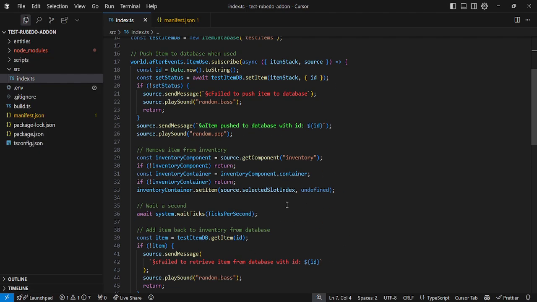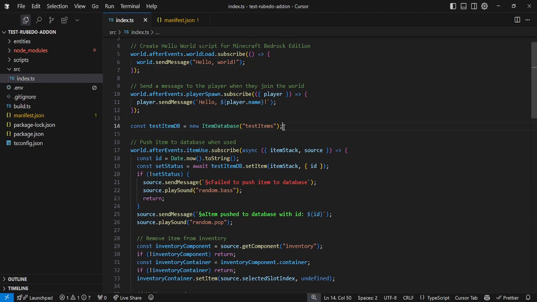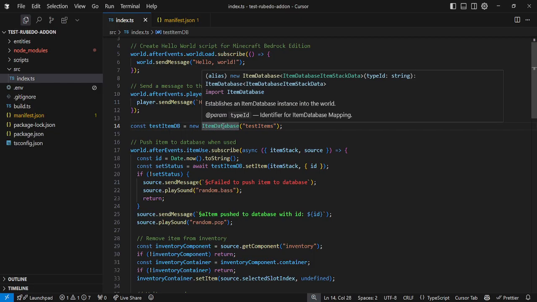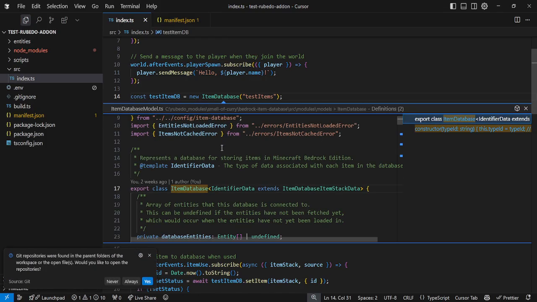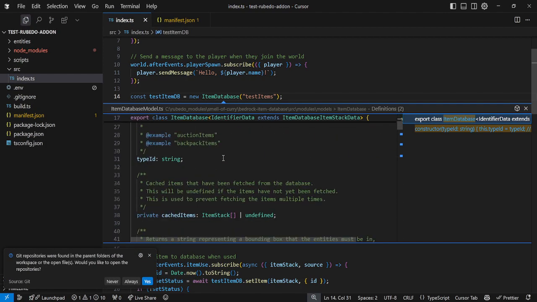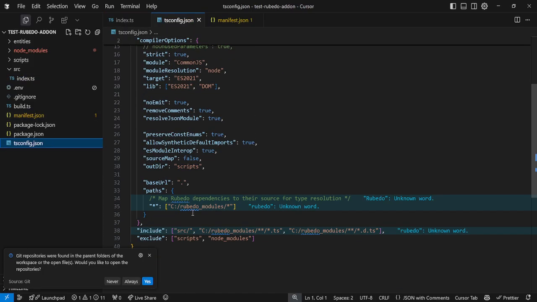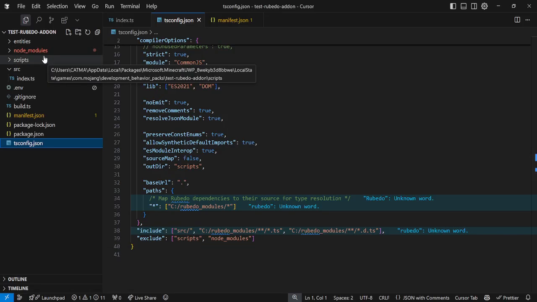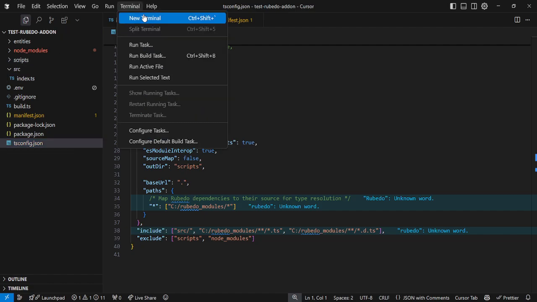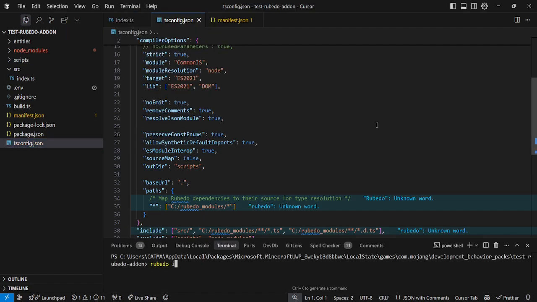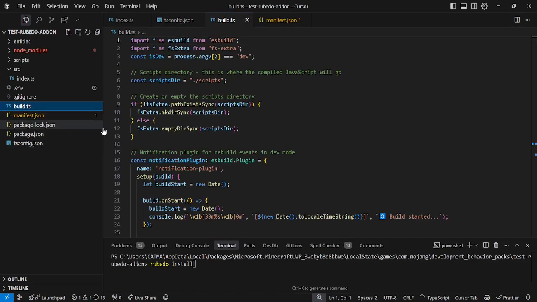If we go down here, actually, it should be up here. Yeah. So I'm creating a new item database. And as you can see, it's fully type supported, and the types just work perfectly. You can check out the types, you can check out the code it's importing, and that's thanks to a little tsconfig change. Basically what happens is when you run this CLI called rubedo install,